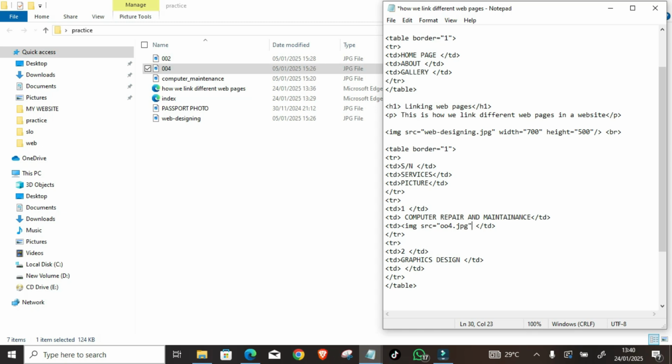And from here we close double quotes. After closing double quotes, we close the tag. Remember this one is supposed to be 004, not 004. So from here we save, and remember we are supposed to assign it the height and